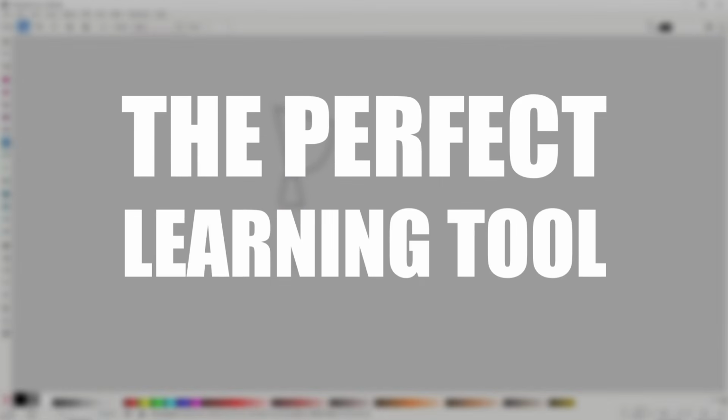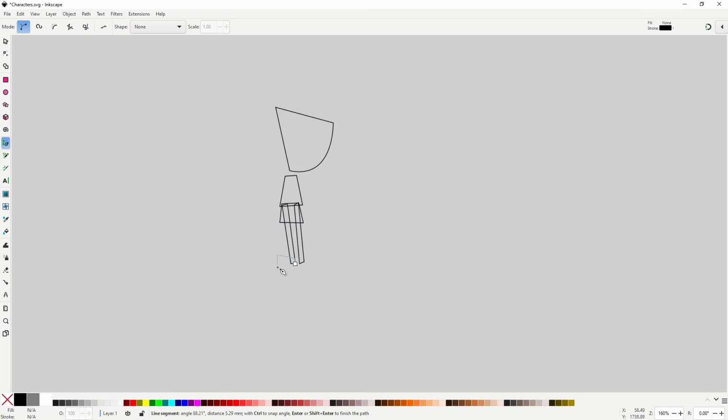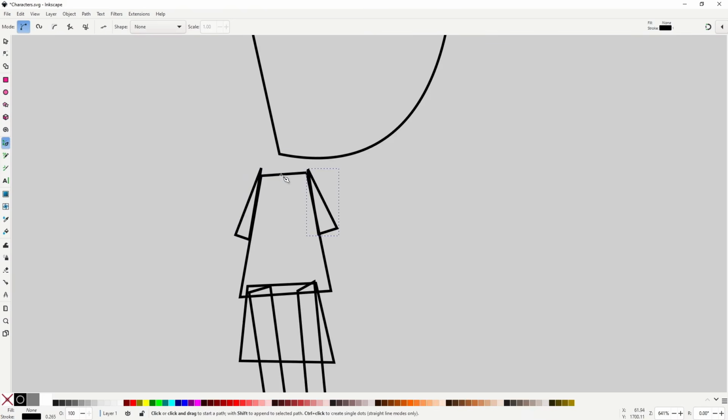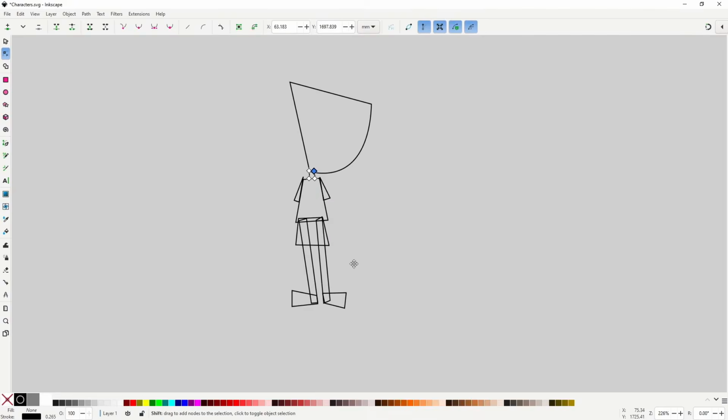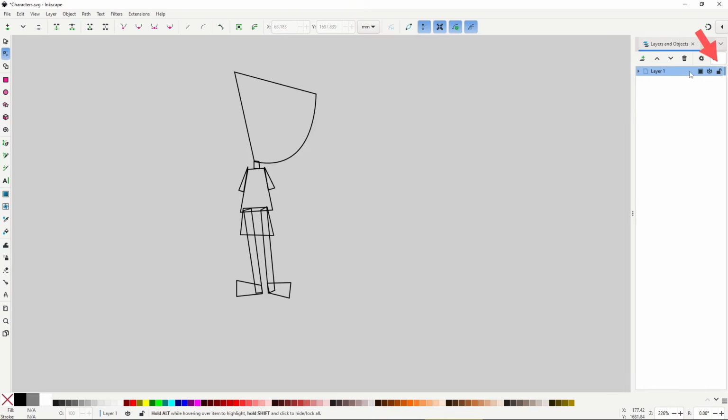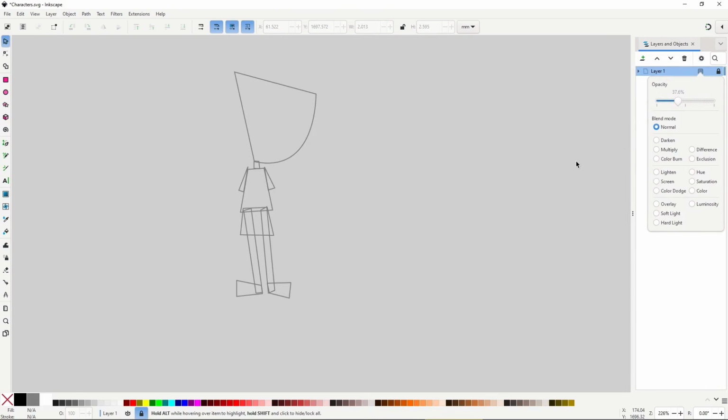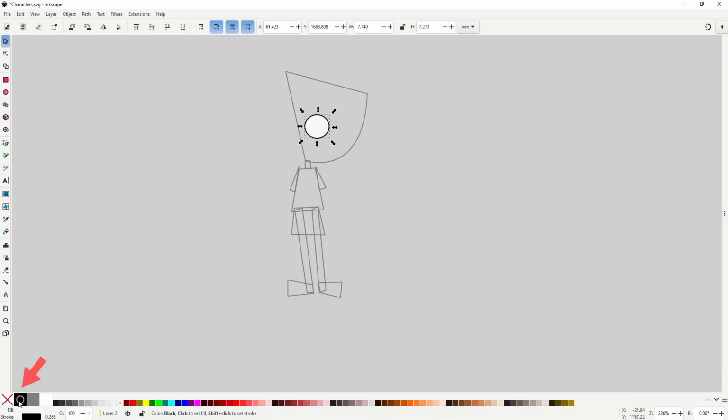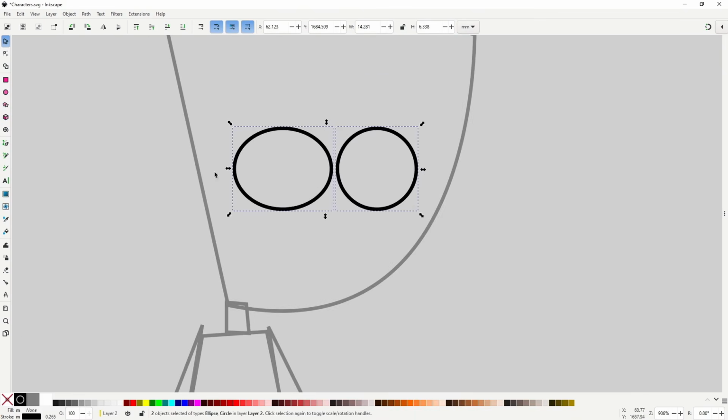Open source software is the perfect learning tool. This one is obvious. If you don't have money and want to start learning digital art or design, open source software gives you access to the tools and workflows for free. You learn the fundamentals, you learn the paradigm, and later, if you decide to move to paid software, most of that knowledge transfers surprisingly well.